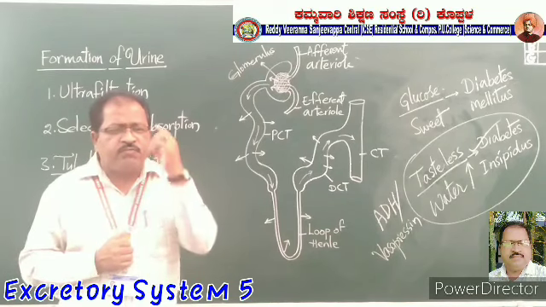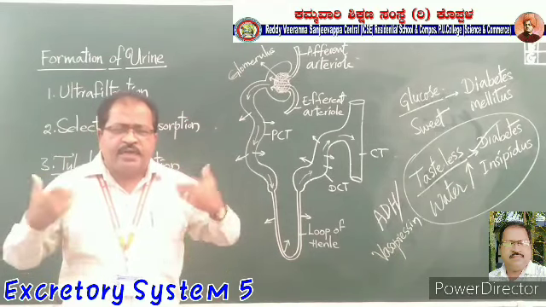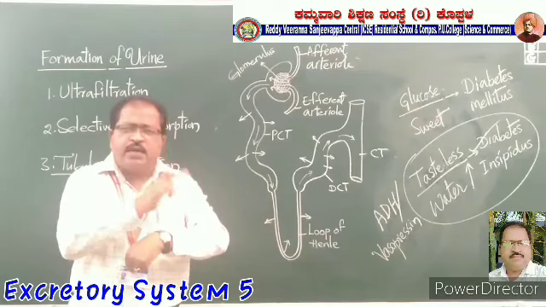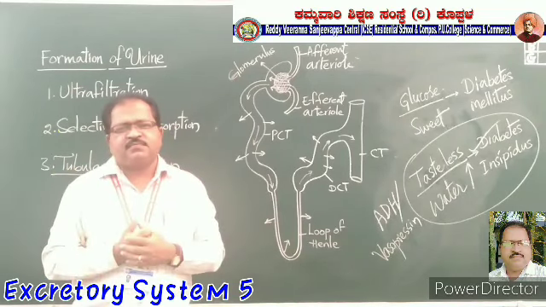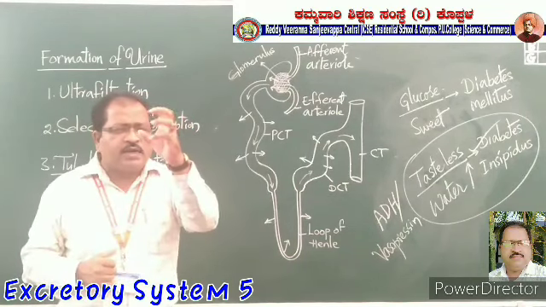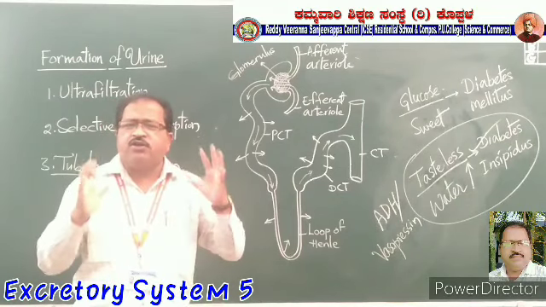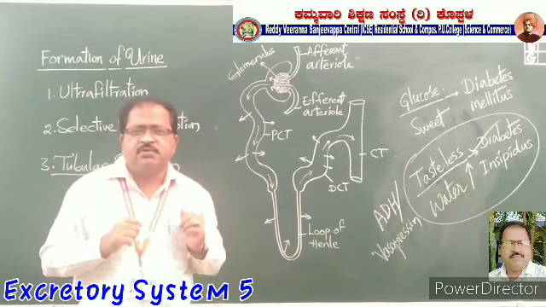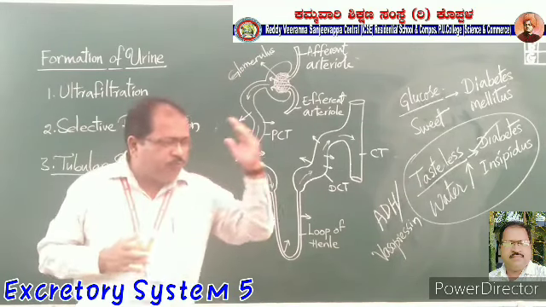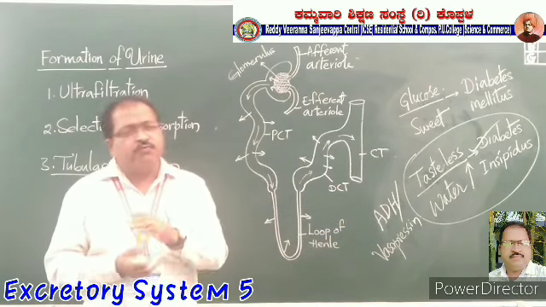Also in the summer season we go for less urination. Most of the water will be reabsorbed in our body, and a very little amount of water will be eliminated from our body through sweat. In this way the osmoregulation, the water content in the body, will be regulated, that means maintained in a constant manner. Okay, understand? So compulsorily we have to drink more water before eating food, while eating, and after eating also.